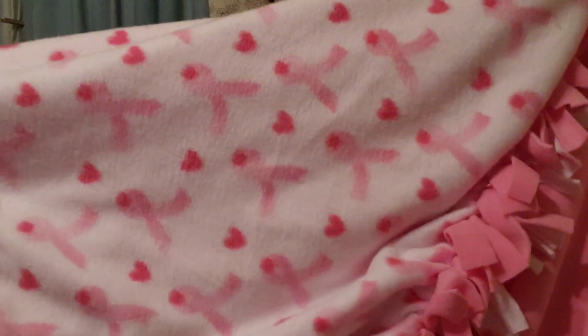It's pretty big. The reason why it's pretty big is because I usually take a blanket with me, and this is my blanket. So it is very soft. Oh, it's not focusing. Come on, focus. There it goes. So on one side it has the red hearts, and on the other side is just pink, which is my favorite color. Always has been since I was a little girl. My color was always pink. My sister's color was always purple. So this is my big, huge blanket, and it is so soft and so comfy,